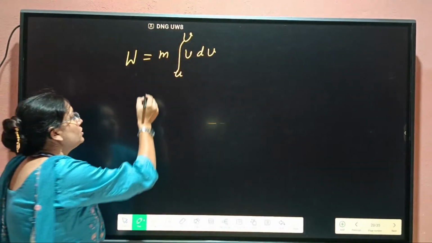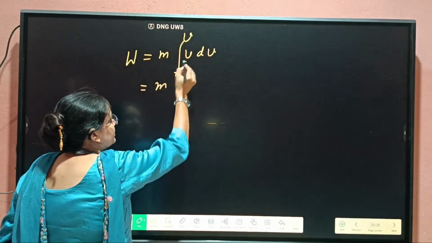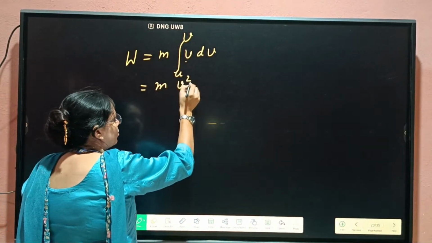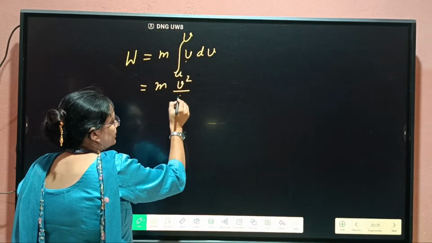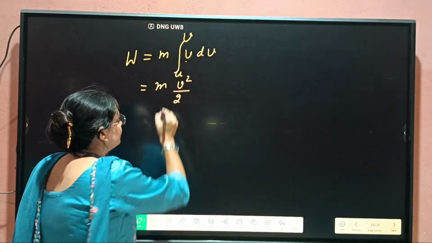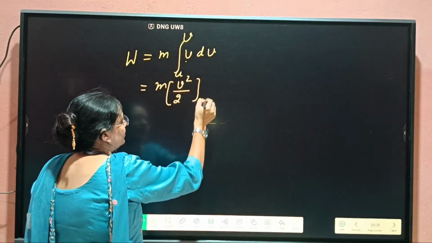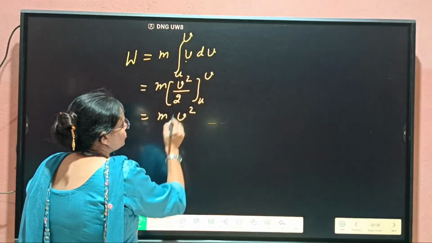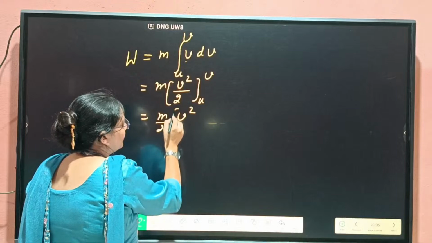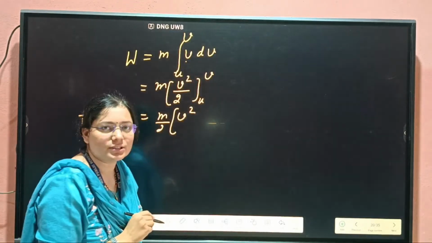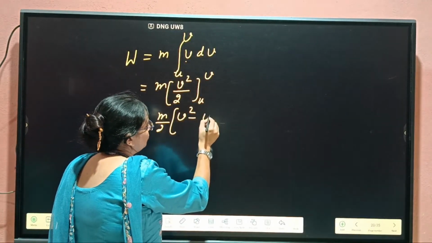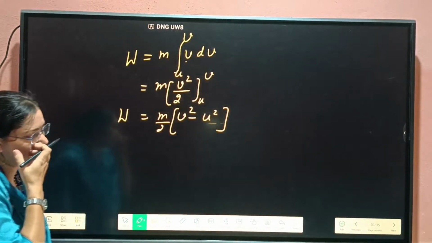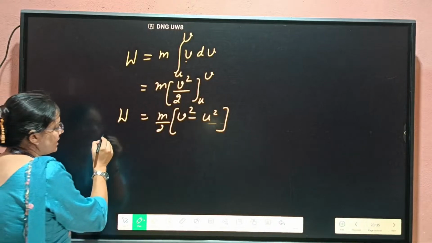Okay, so putting the limit, m as it is, then the integration of this one: we add the square in this power, and the same we write downside of this one as power. Then final value minus initial value, m times v square, the 2 we can take outside, the final value of the velocity v, the initial value of the velocity u we are taking. So work done will be equal to this one,